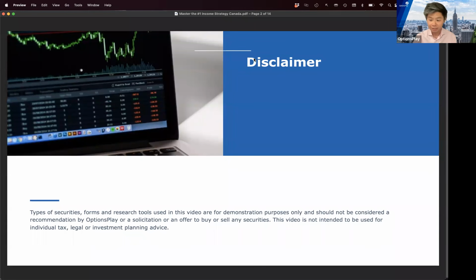And as the title slide said, what we're trying to cover here today is the number one options income strategy, hands down, not just in Canada, not just in North America, but hands down the number one options income strategy. The number one option strategy, hands down, because this is traded by more traders and more volume is traded in this single strategy than any other strategy. And I want to make sure you understand the strategy, how you should be implementing it, and what to do once you've implemented it in terms of managing the strategy.